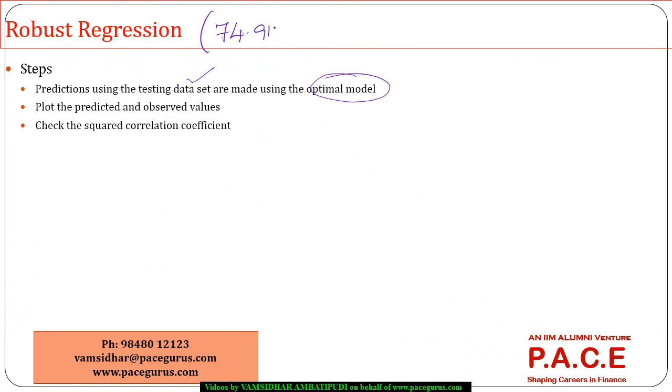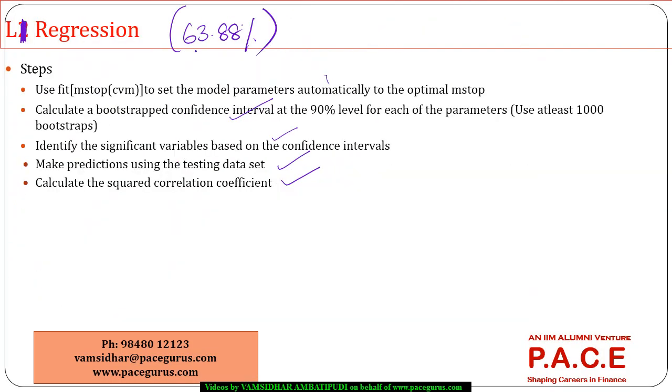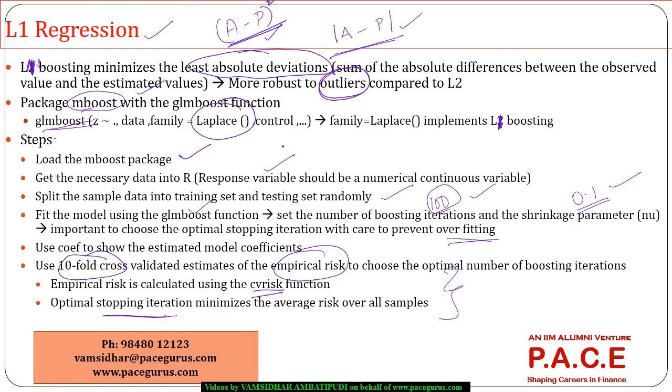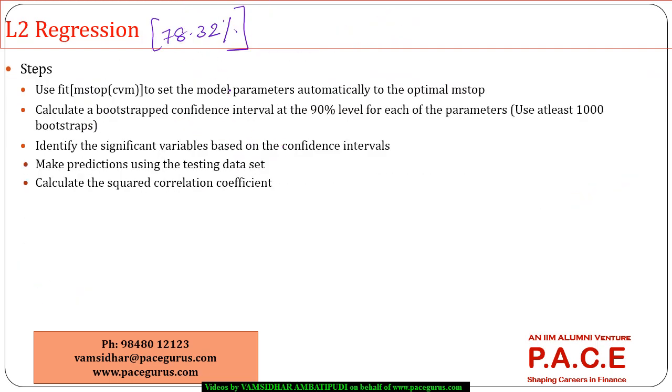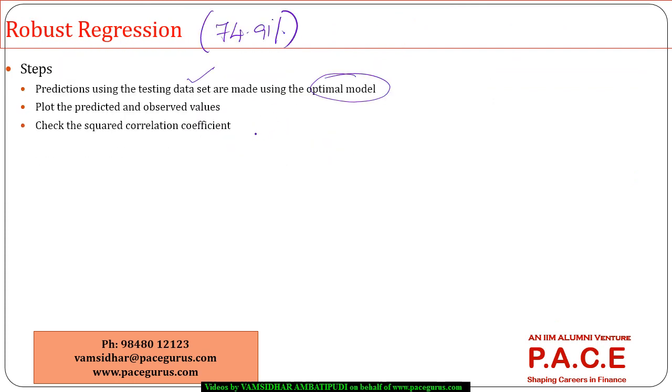If I look at these models per se, the L1 regression is very poor with 63.88%, L2 regression has given me 78.32%, whereas the robust boosted regression has given me 74.91%. Probably I should change the number of iterations and play around to get much better predictions from the overall model. Otherwise, I may have to change the